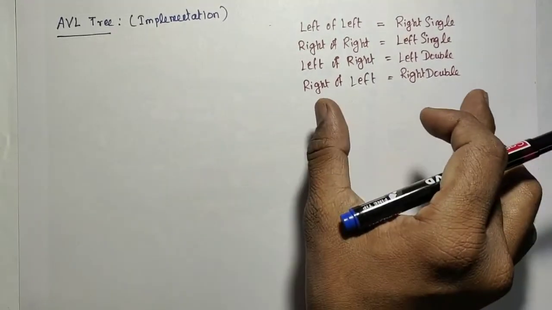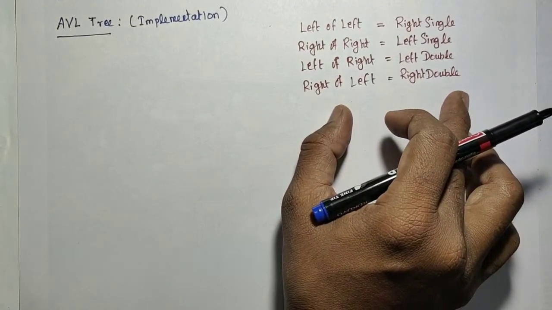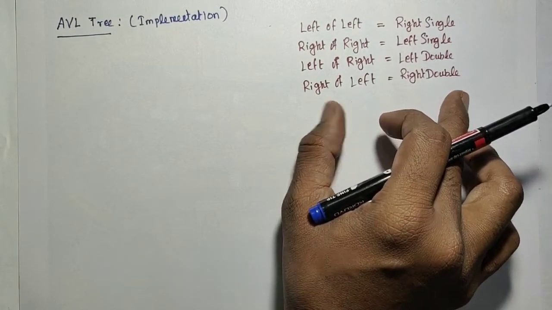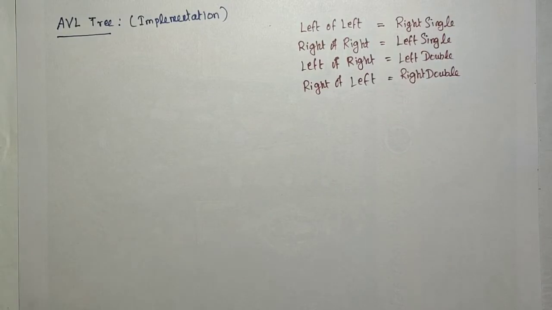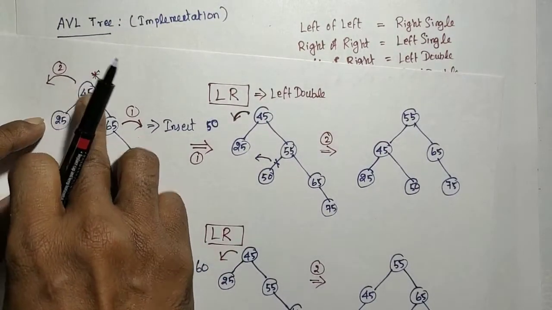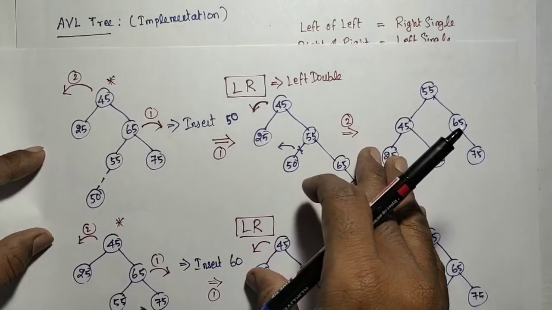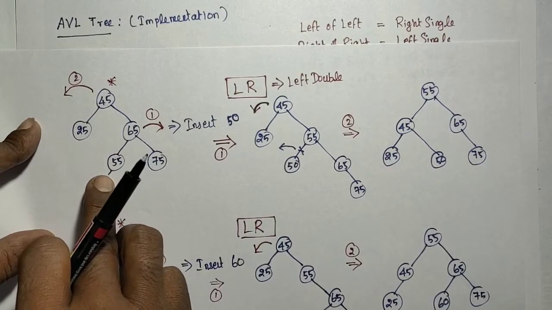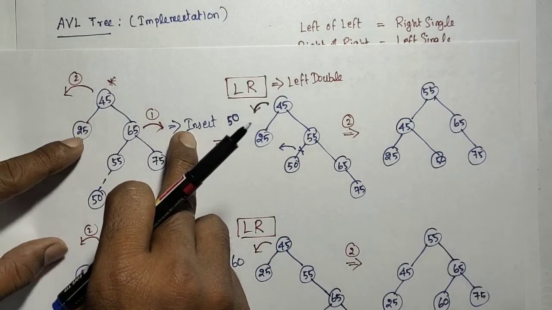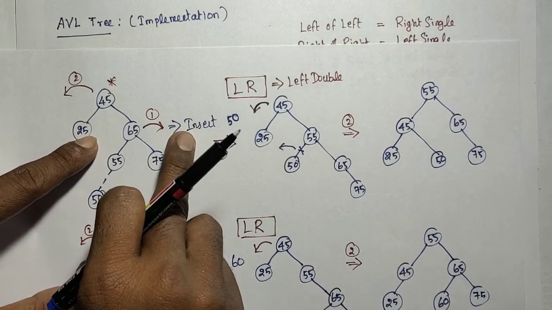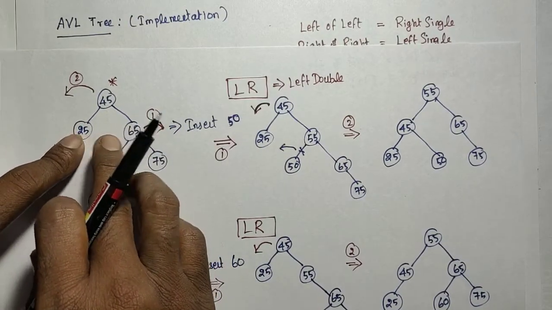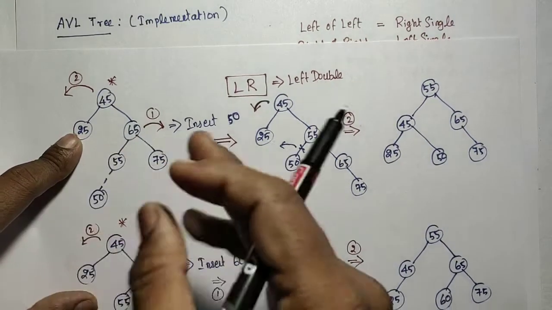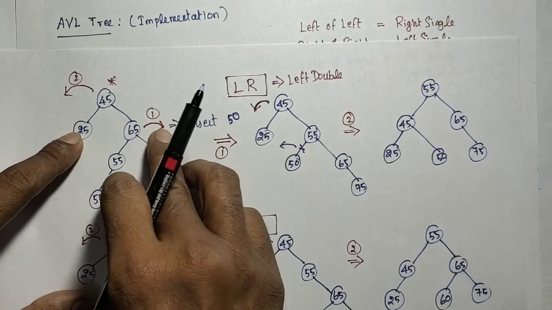For that we may need to additionally store some information for each and every node, that is the height of the particular node. In every node I need to store the height, because for the AVL tree we need to check the balancing factor, whether the node is balanced or not. For that we need to know the height. Every time I may need to find the height of the particular node. Instead, while inserting an element itself, we can update the height of the node.